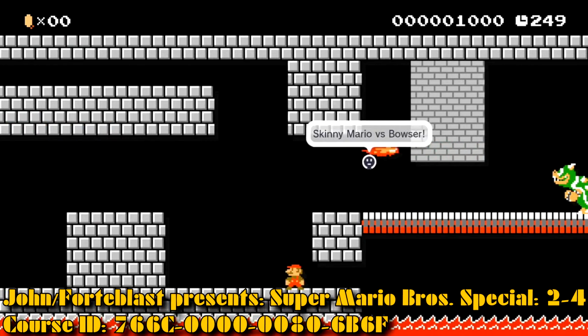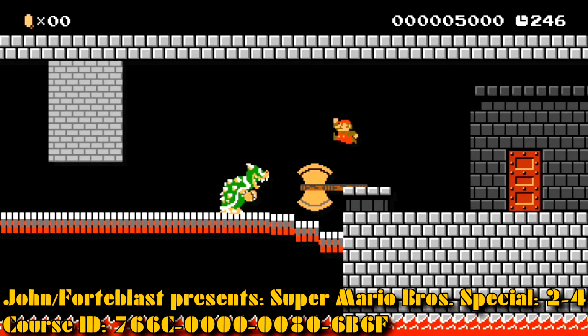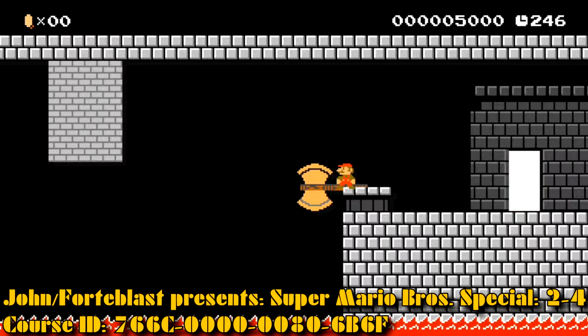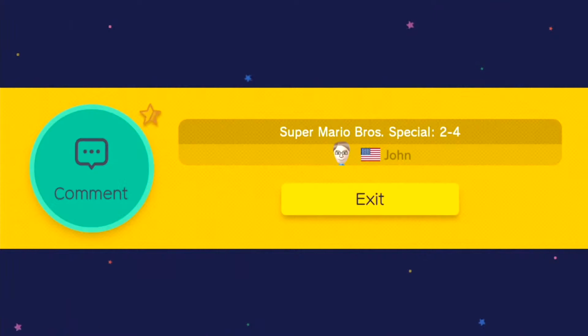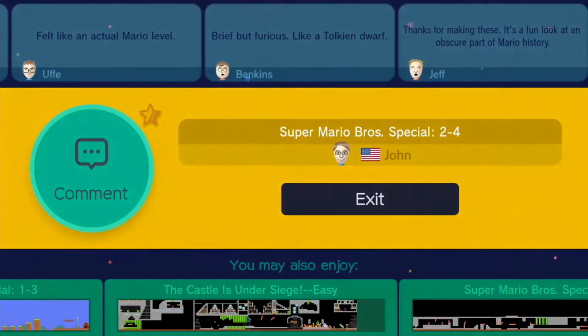But yeah, here we are. Skinny Mario versus Bowser. Maybe you are supposed to get it, I don't know. But anyway, we won. Level done. Apparently, in the original, it's really hard to jump with Super or Fire Mario, like in the original Super Mario Specials, because you're too tall and you hit the ceiling and then you get knocked into Bowser, even if he's standing on the floor and not jumping. So that's kind of a thing as well. But yeah, that's World 2, so...